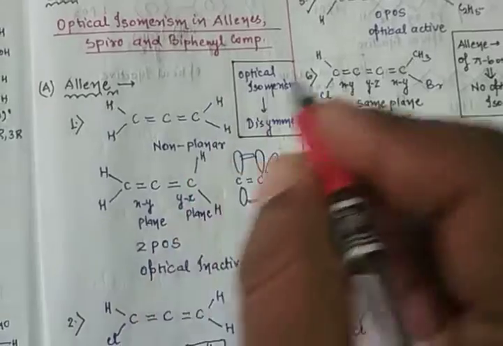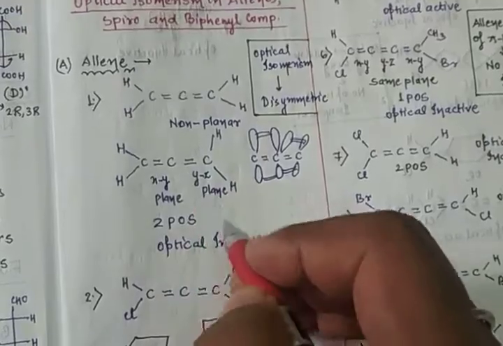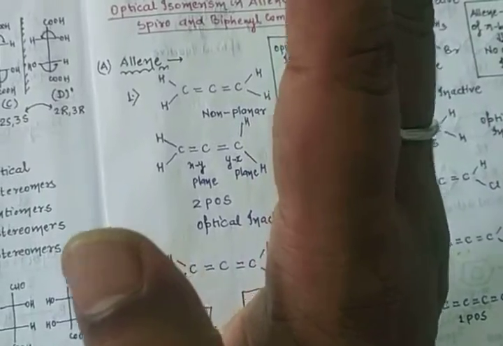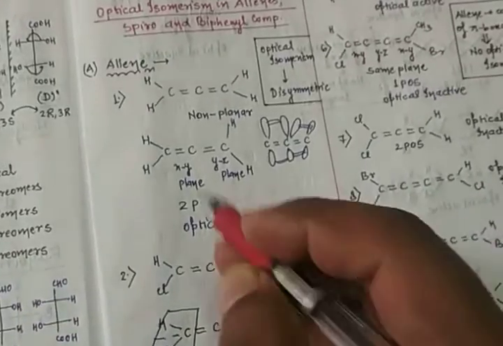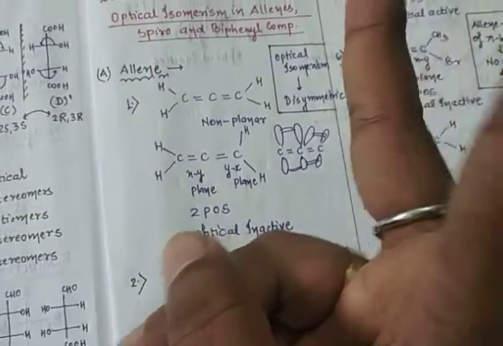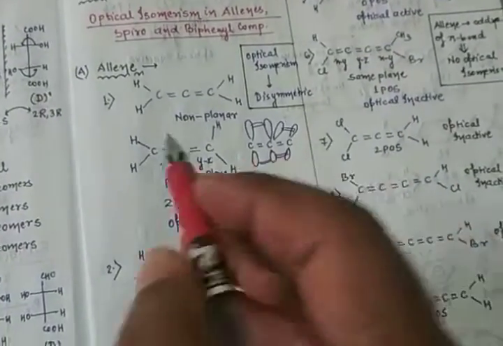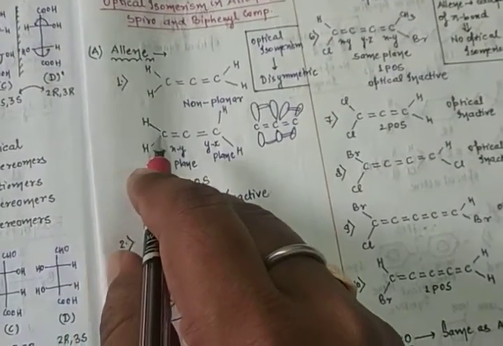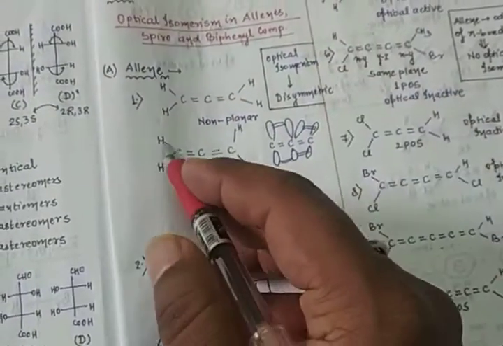Now in this case you know very well the first double bond is in the xy plane and the second double bond is in the yz plane, meaning one is planar and one is perpendicular. So there are two planes, the xy plane, meaning this type, and the yz plane, meaning that type. Now first you cut from that side. There are two hydrogens, one in front and one at the back. The similar group is there. Suppose you cut on the other side.